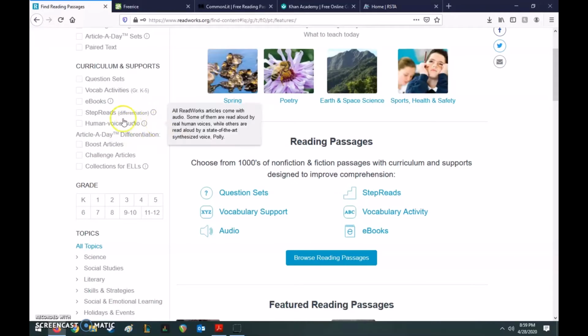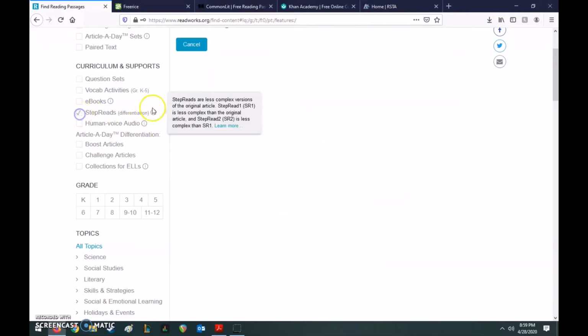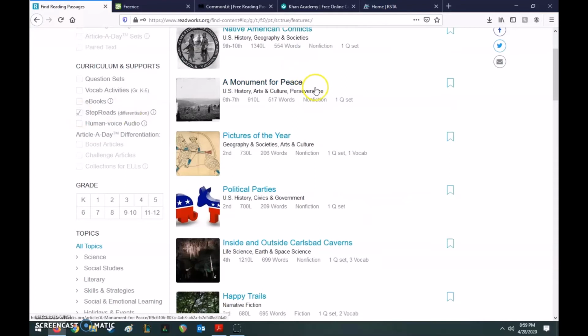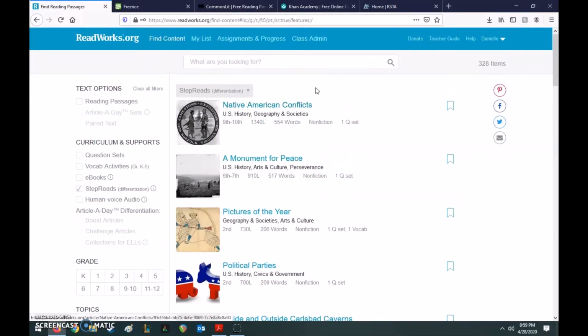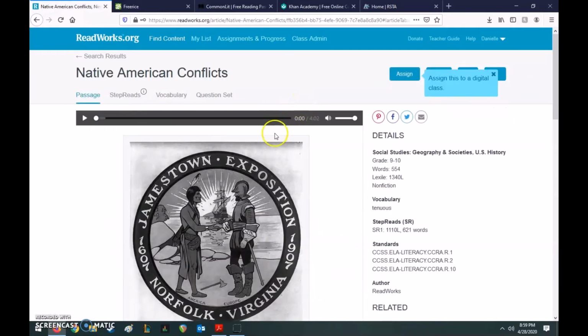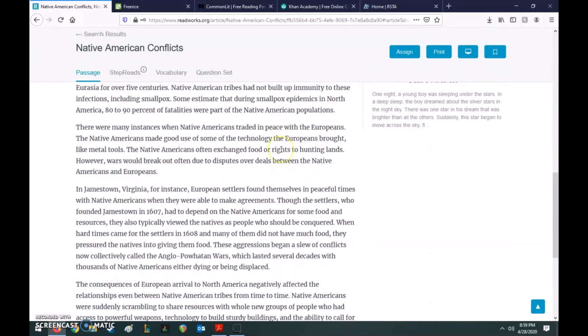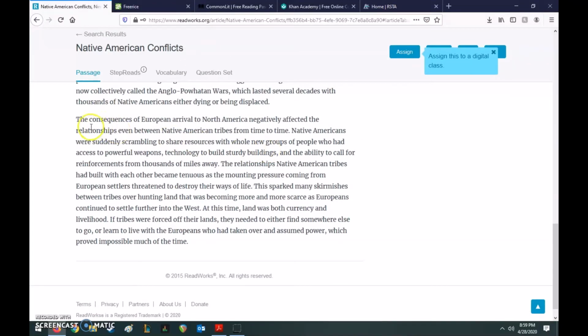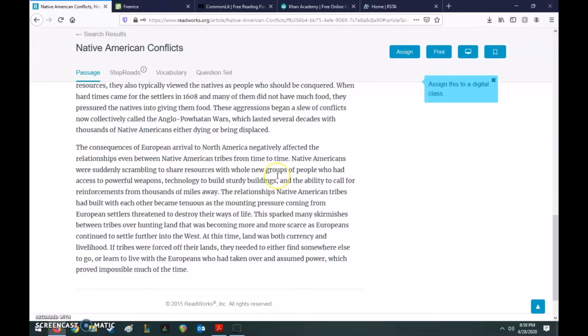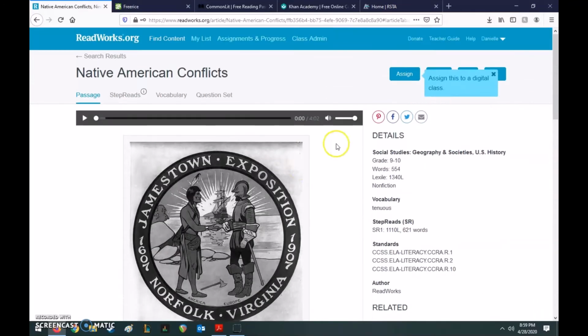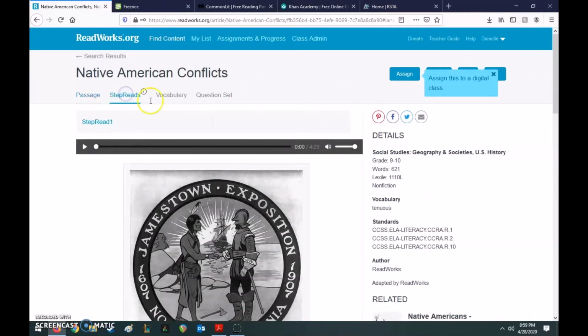Another excellent feature here at ReadWorks is called Step Reads. What Step Reads do is let you read the same article multiple times at various levels. And so we might come into this Native American conflicts article and see that there's some challenging text here. And so to make this a little bit easier, we might want to look at this as a step read. You notice when I click on Step Read, we now see that it's Step Read 1. So this article has one easier step down that we can give to our students